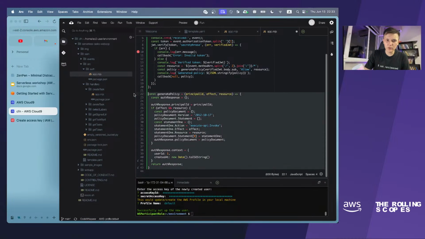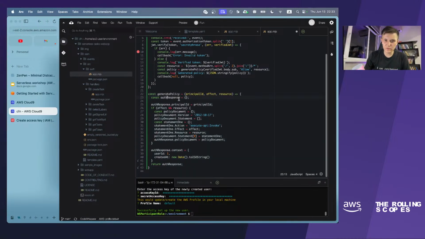Here is the code which generates this policy. So we create some blank object, and after that we assign some stuff to this object, like policy document, statements. So here we have statements to make our user able to invoke some, for instance, functions, and then we return this policy attached to our response.